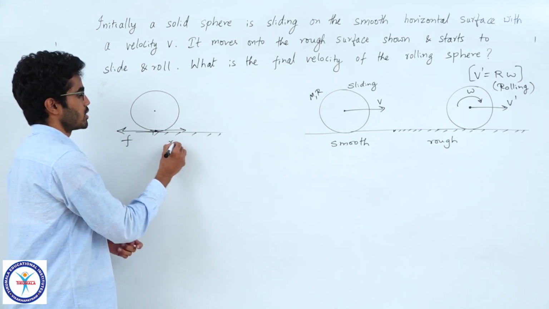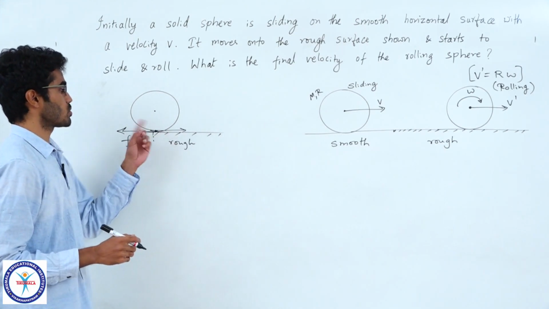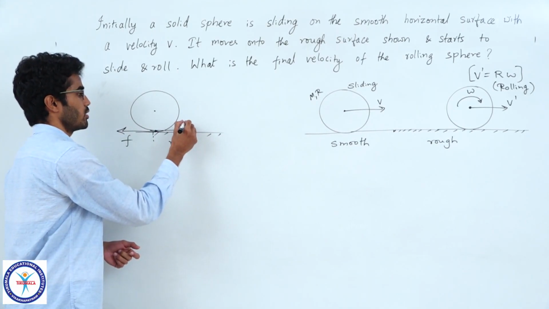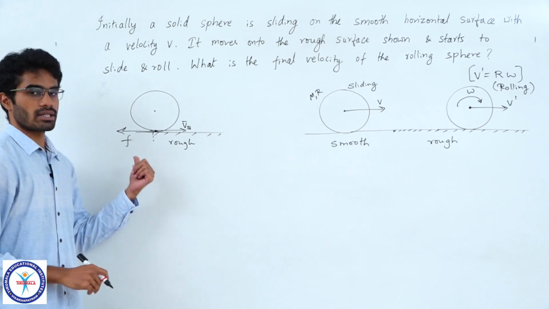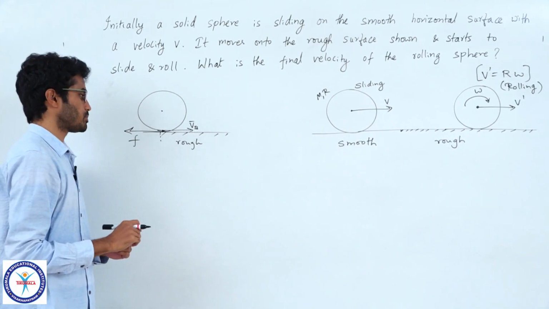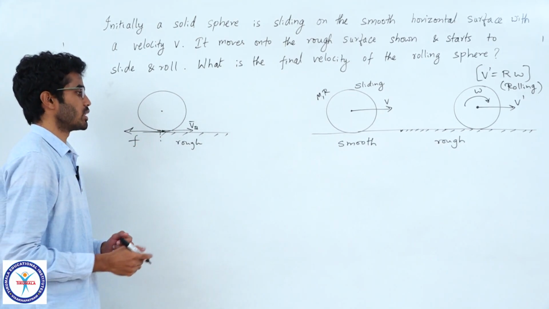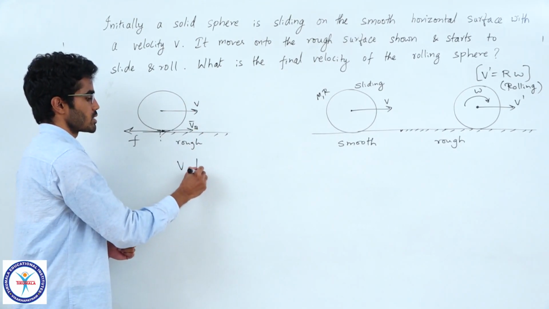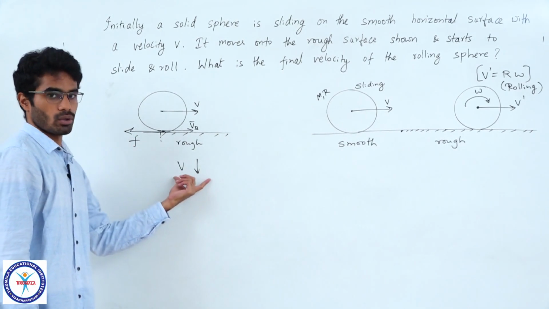So, as soon as it moves on to the rough surface, the friction starts to act on this object pointing towards left. This is the velocity vector for the bottommost point at that instant. Now, what happens if the friction acts in this direction? Let us see, if the friction acts towards left, what happens? Because the force is opposite to the direction of velocity, the velocity of the object gradually decreases. It produces acceleration in the opposite direction and it slows the